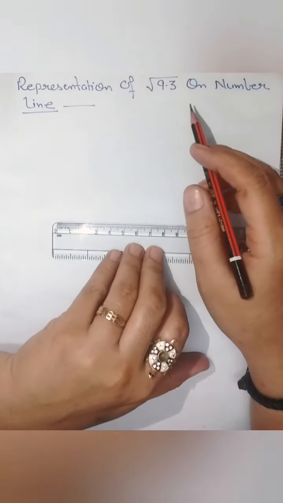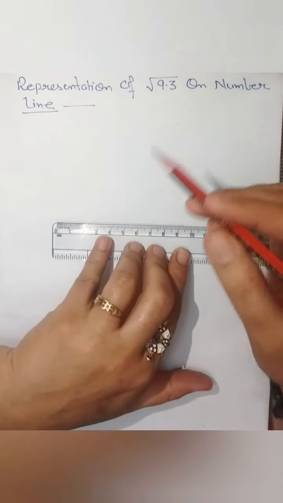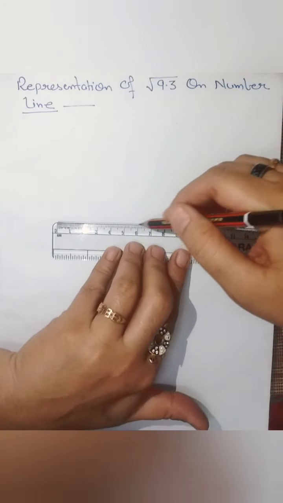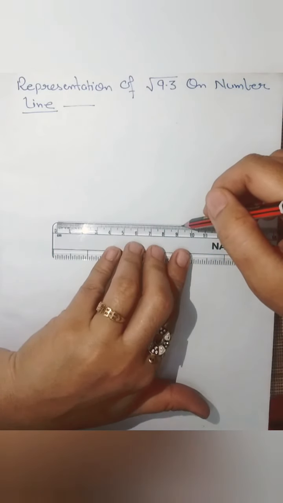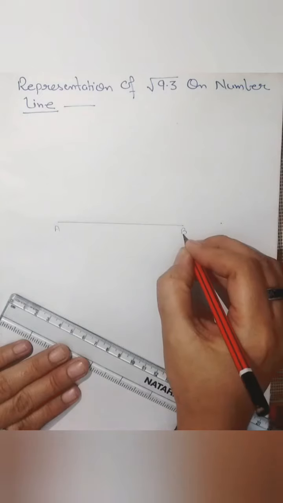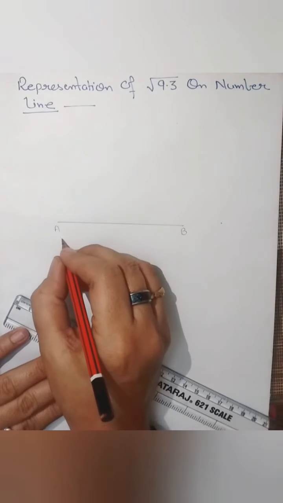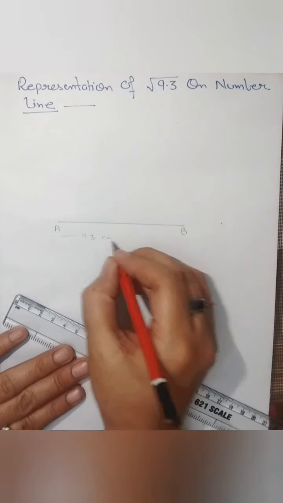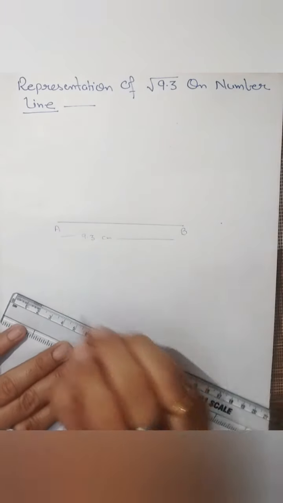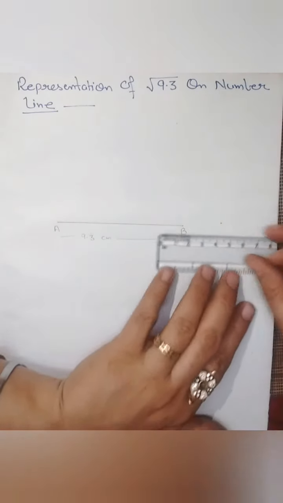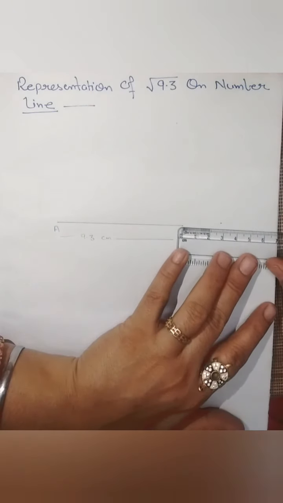Representation of root 9.3 on the number line. First of all, we will draw a line segment of length 9.3 centimeter with the help of a ruler, and we'll mark it as AB. This AB is 9.3 centimeter. Now this AB we will produce by 1 unit